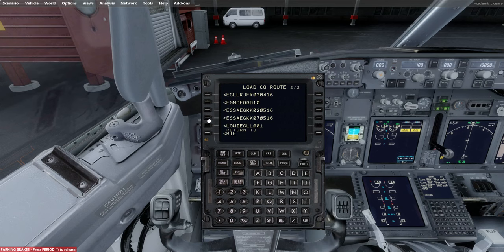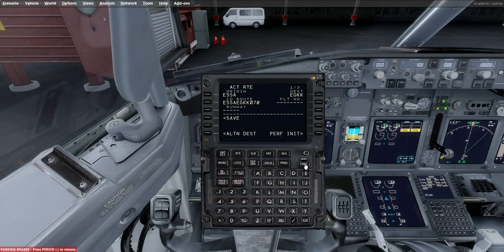So it's this one here, ESSA to EGKK, 7th of May 16. Once it's highlighted, you'll see the execute button comes up. Click on the execute button and then we'll activate it and then execute again,